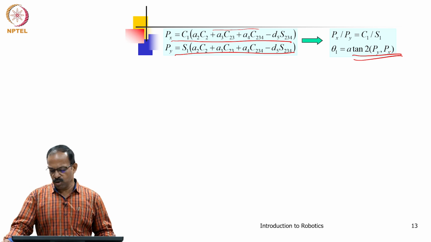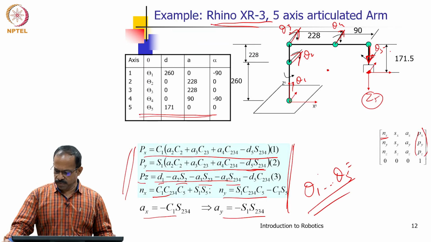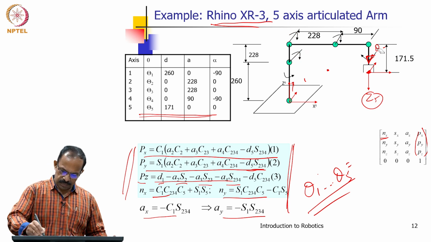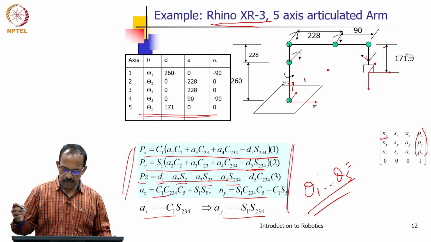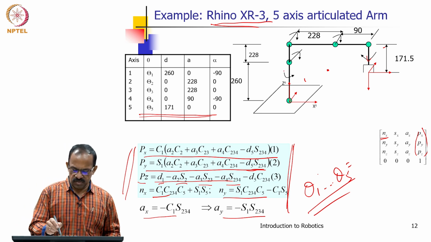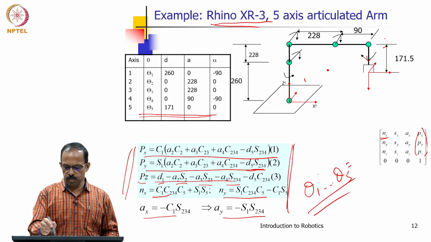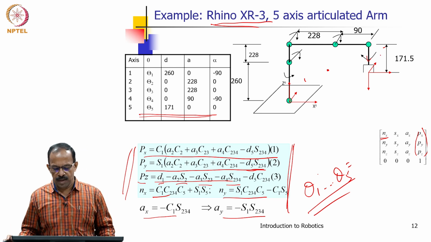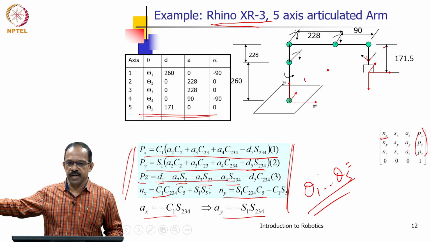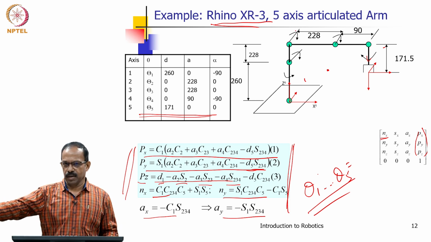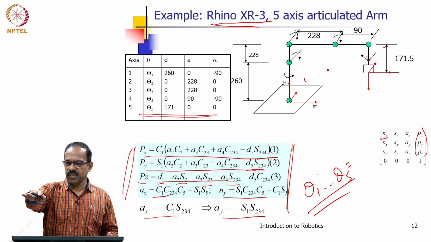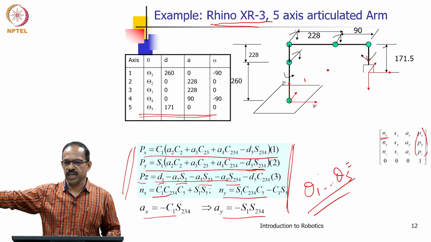Now, if you look at this manipulator, you will see that it is in the xz plane. This manipulator is now shown in the xz plane. If it has to come out of this plane, and reach a y position, the first joint has to move.